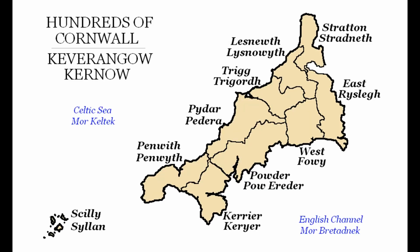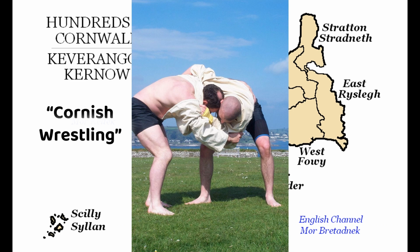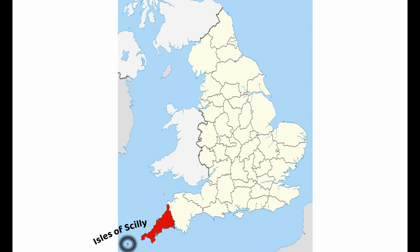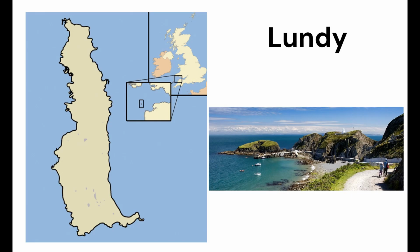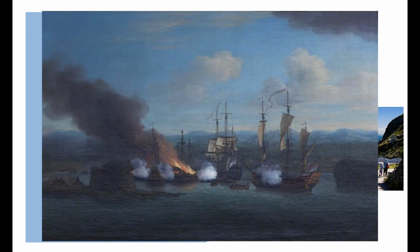Basically everyone in Cornwall speaks English, but their legacy of their Celtic non-English culture still lingers. Also in Cornwall, these are all not Celtic anymore, you can find the Isles of Scilly off the coast, a tiny collection of islands about 7 miles in size. There's also the island of Lundy off the coast, which has a few people living on it and was once